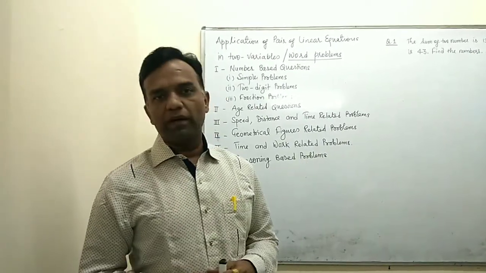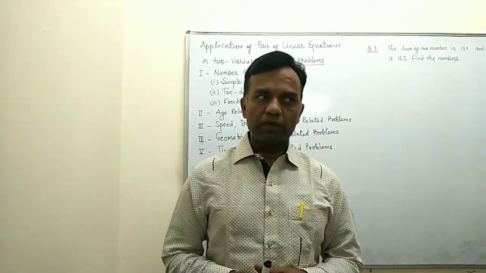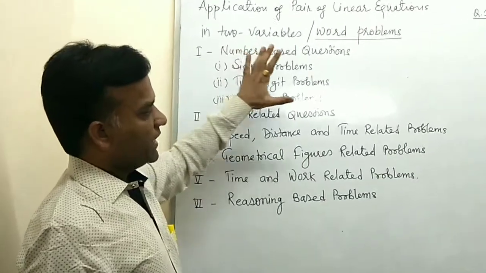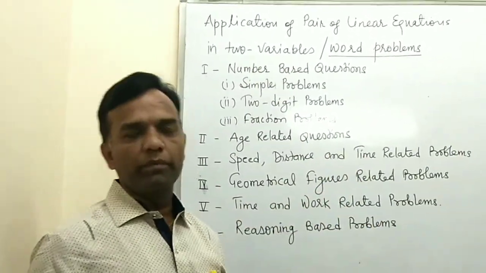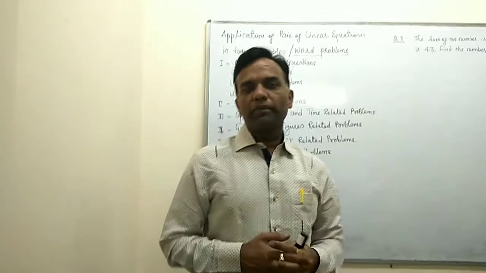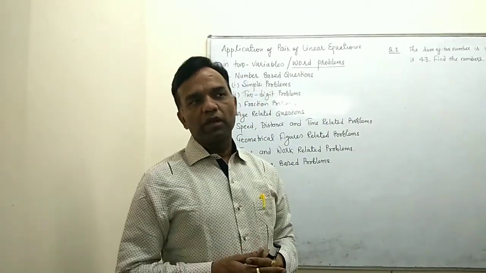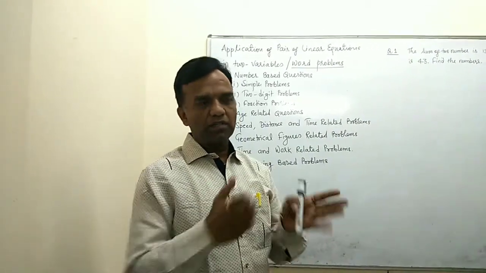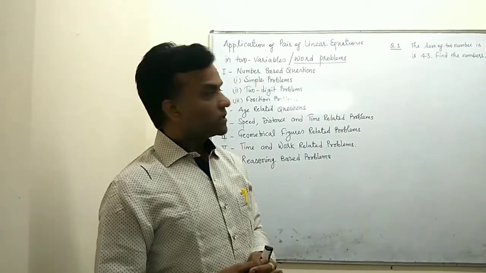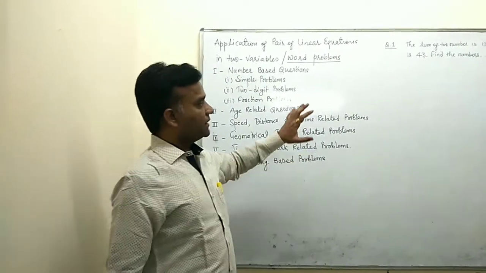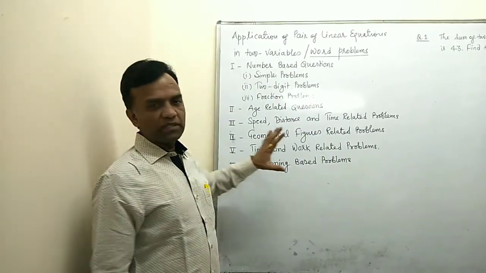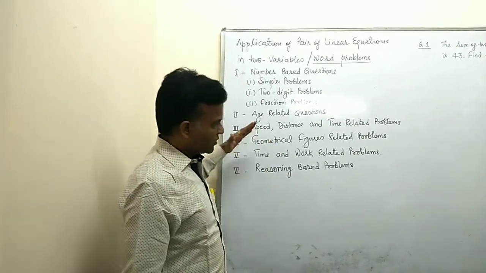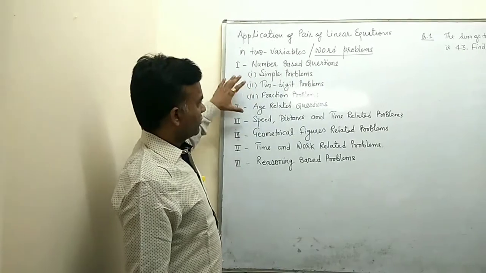Now the last topic remaining is the application of linear equations with two variables. In this topic we have word problems, because in general students have trouble with word problems. Word problems are very typical for math students, because they have to understand and break up the statement and then form the equation, which is tricky. So first, we categorize the applications: how many varieties of questions may be given in your book. Here we divide them into some bifurcations.